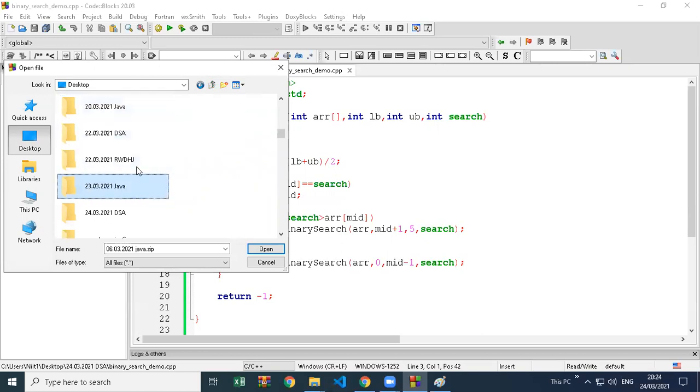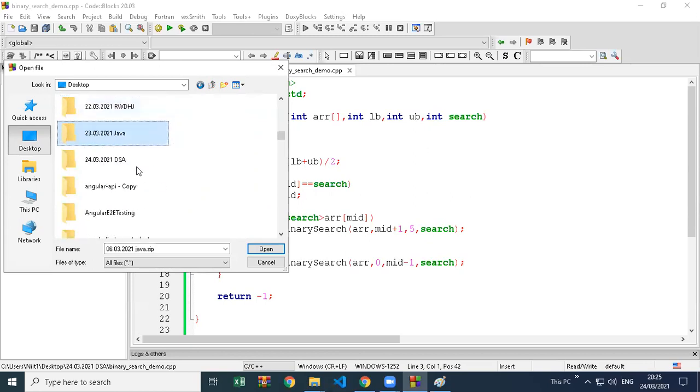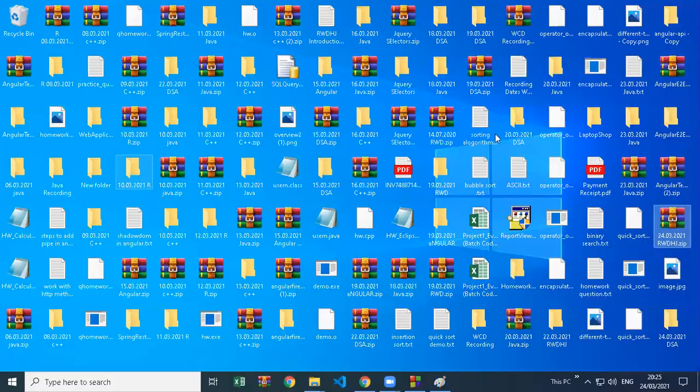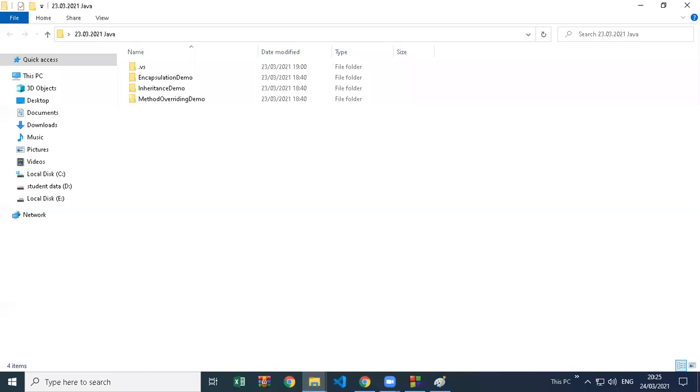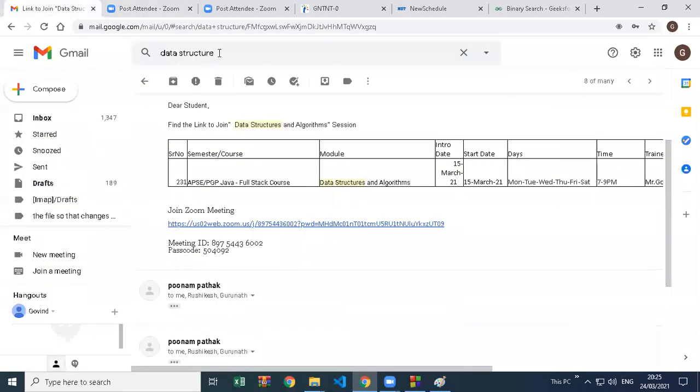Where is the 23 folder gone? 23 Java. Last session we tried this DSA quicksort, right? 24 is today's date, 23 DSA. This is the Java folder, 24 DSA. I think it's deleted, let me download it again.